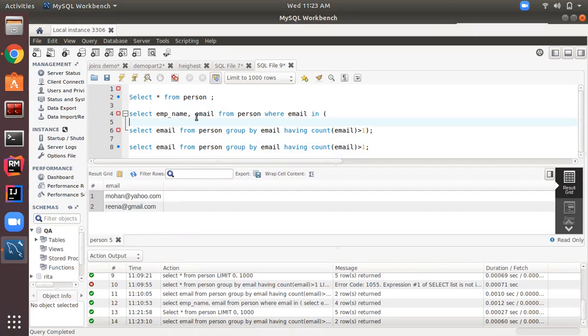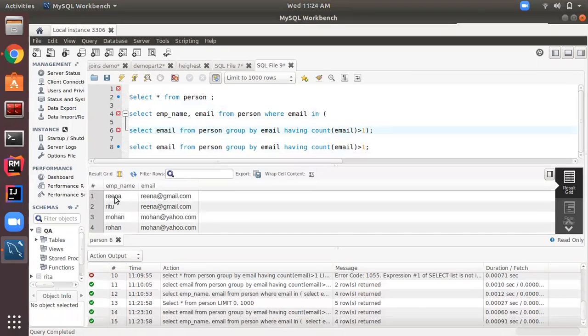If the email of the employee is equal to one of these two, then it will display the output. So let's execute this query and see. This time it's showing the employee name as well. So for these four records we have entered the duplicate email. So this is our purpose.